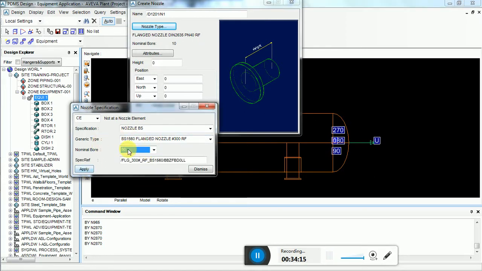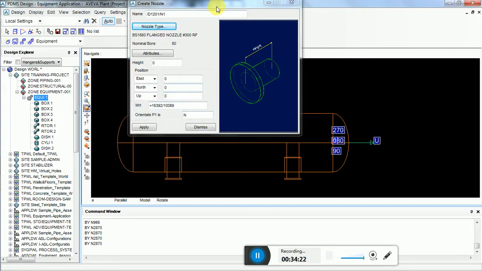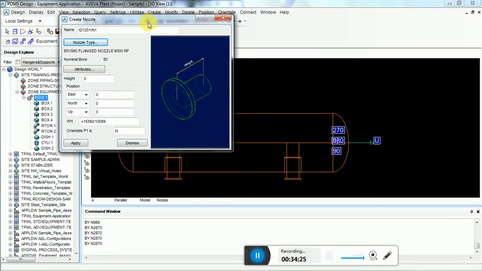Okay, you can select anything as per your project. Hit apply, dismiss. Before you apply for this window, you have to give the nozzle face to the center of the vessel, which is 800 mm. Nozzle flange face to the center of the vessel. The height is 800 mm, and the